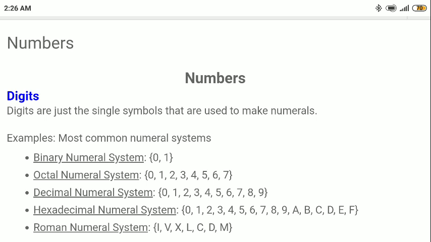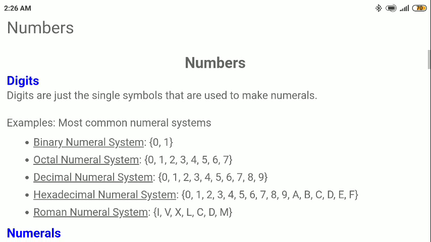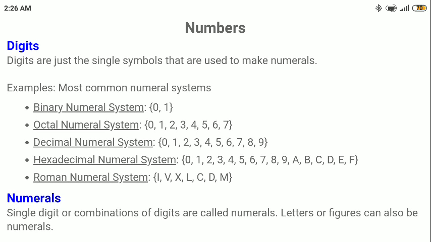So digits are just the numbers, and in different systems we can have different types of symbols. For example, we are going to talk about a few most commonly used numeral systems where different types of digits are there. That means these digits or symbols are used to make various types of numerals. First, if we talk about the binary numeral system, or even binary number system, binary means only two. So we will be having 0 and 1. By using this 0 and 1, we will be making all the possible numbers.